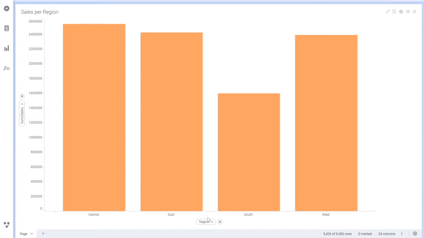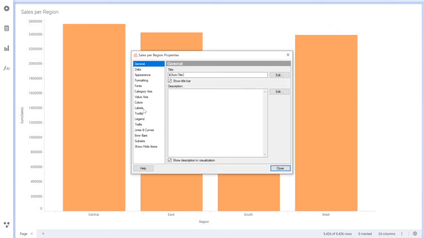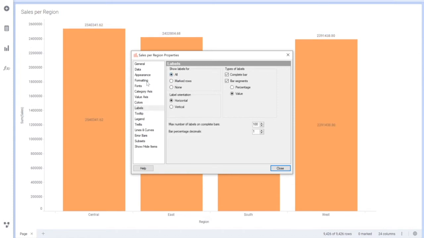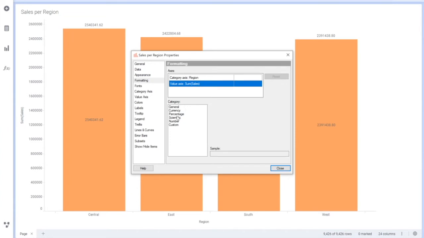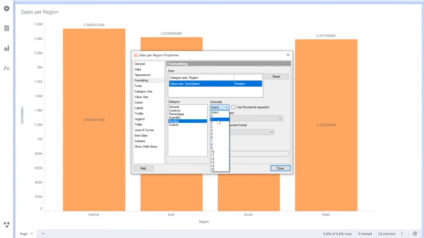Let's say now I have shared this dashboard with the user. The user will be able to see only the sales by region analysis and values. Let's say I'll put some labels and everything, and then use formatting to change the numbers to a short number format, with two decimal places, and so on.